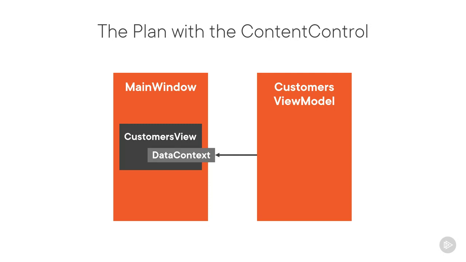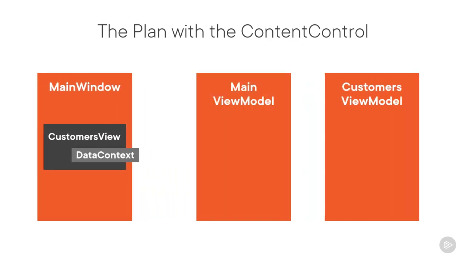To be able to switch between different view models, you will introduce in this module a new main view model class. This main view model will be the view model for the main window. This means that you will assign an instance of this main view model to the data context property of the